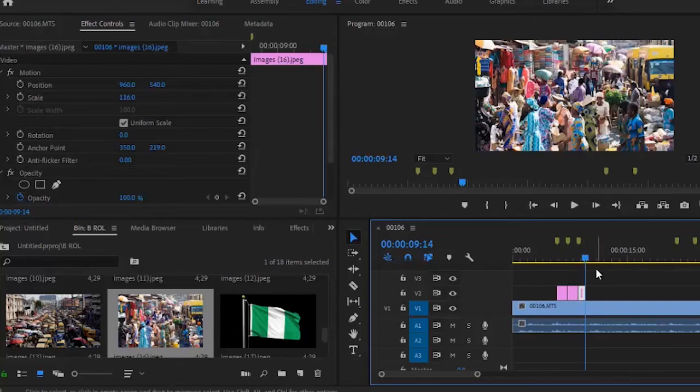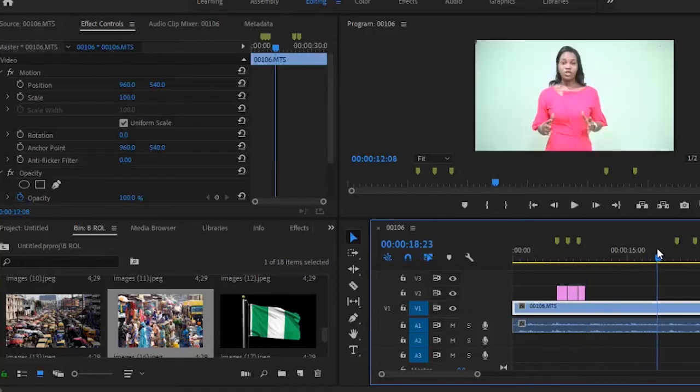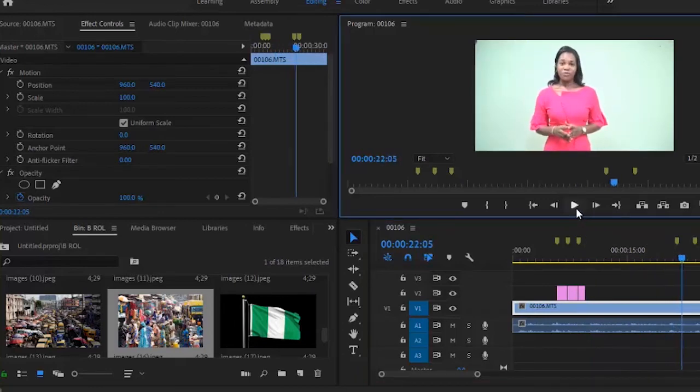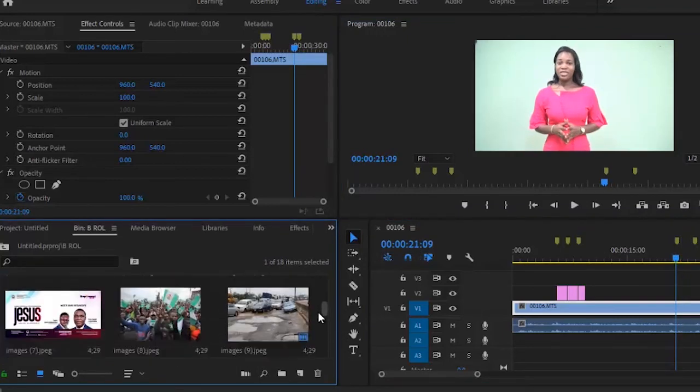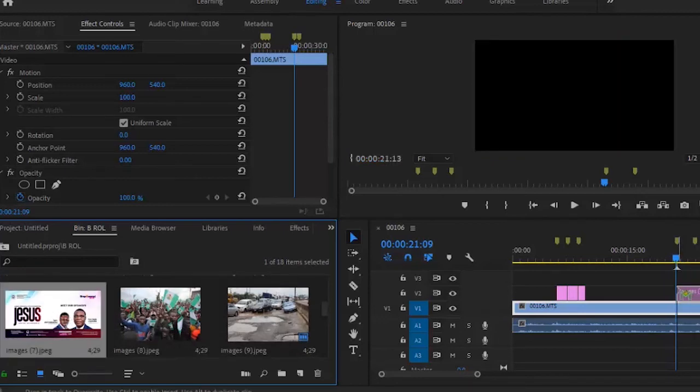So we have that. Then here she said this year's Empowered Conference. So I'll look for the graphics that represent that Empowered Conference and drop it exactly where